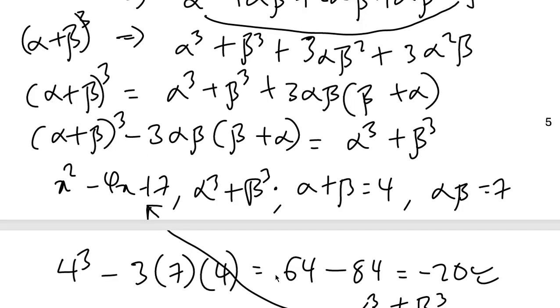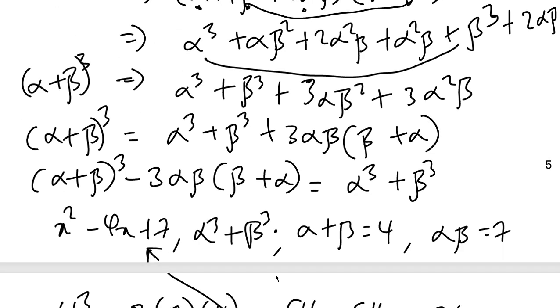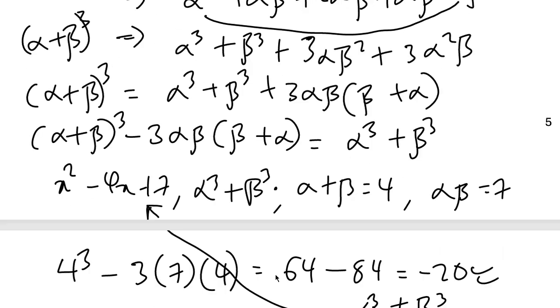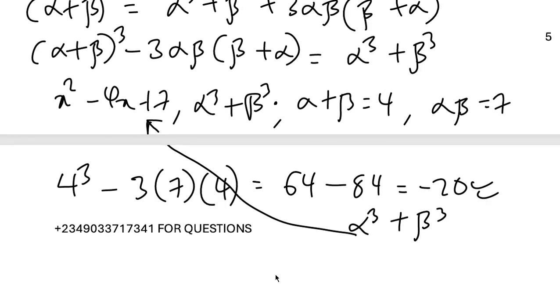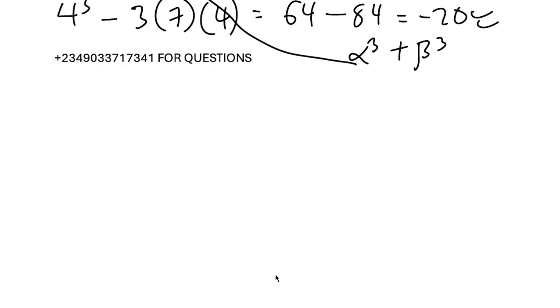So you could easily derive it, or you just remember that alpha cube plus beta cube is equal to what? (Alpha plus beta) all cube minus 3 alpha beta into (beta plus alpha). Very simple. So we'll take another. I want you to pause the video and attempt it by yourself. Do you get? So if you are given this equation now,